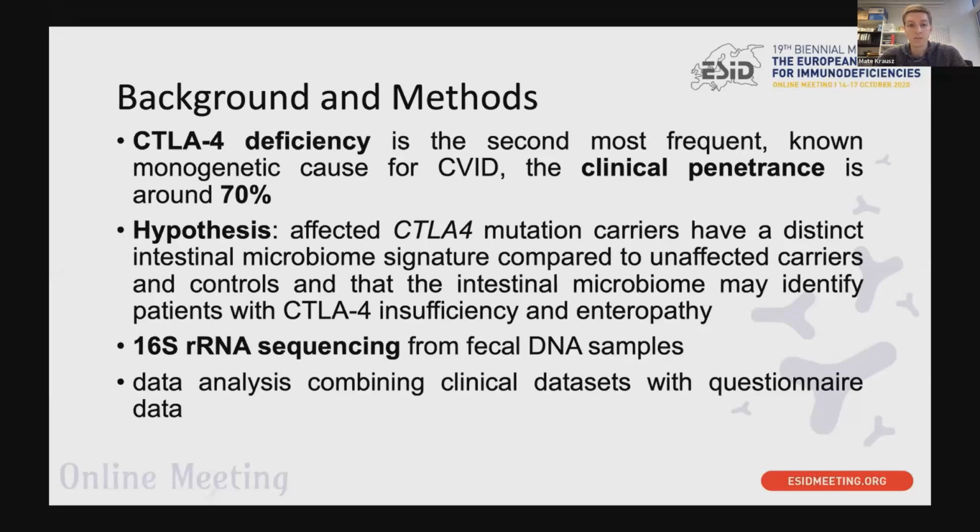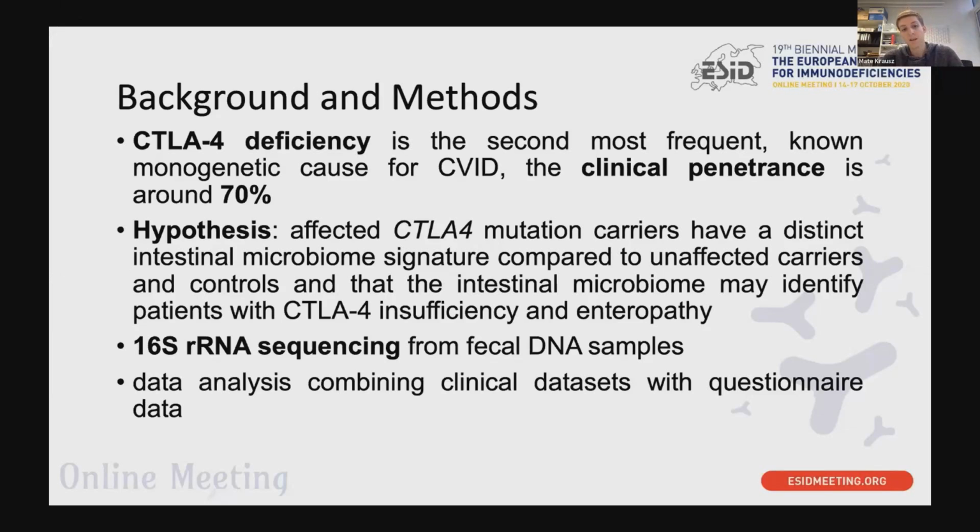In addition, we hypothesized that the intestinal microbiome may identify patients with mutation in CTLA-4 and a history of enteropathy. We collected stabilized stool samples from these patients and household controls, altogether 17 affected, 9 unaffected, and 28